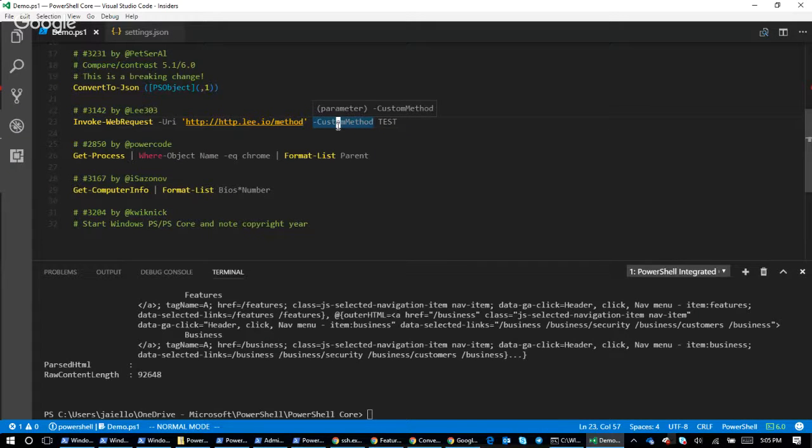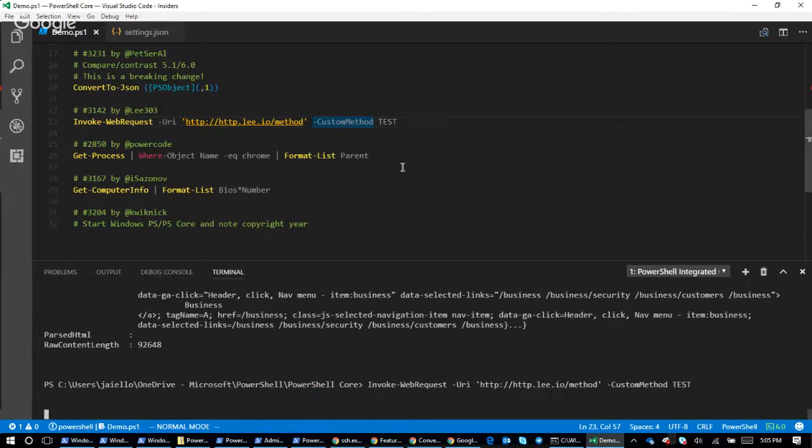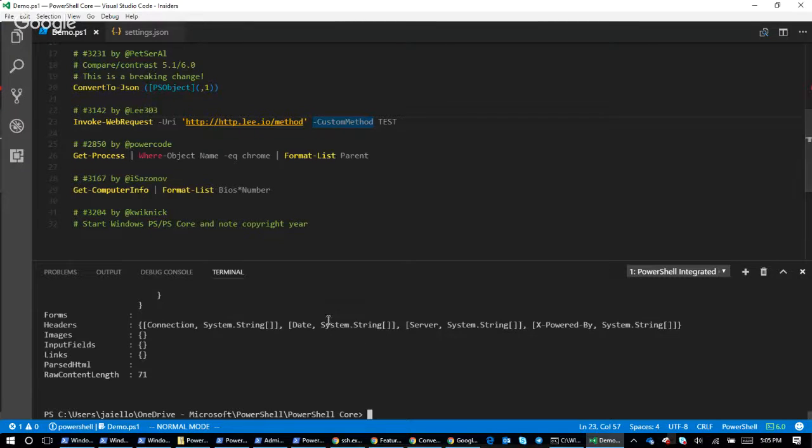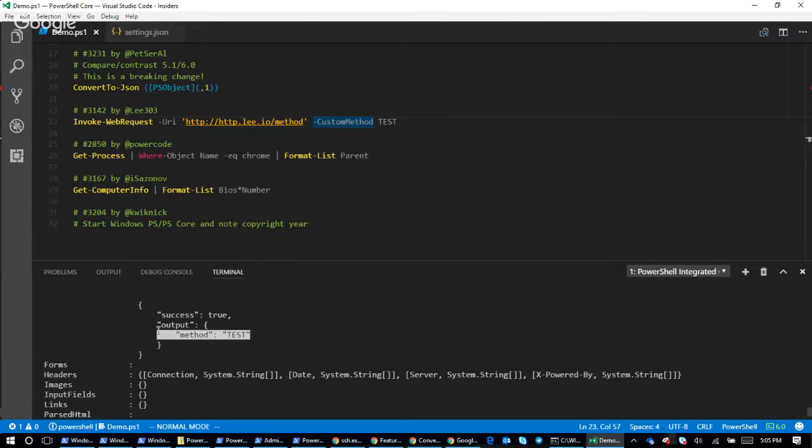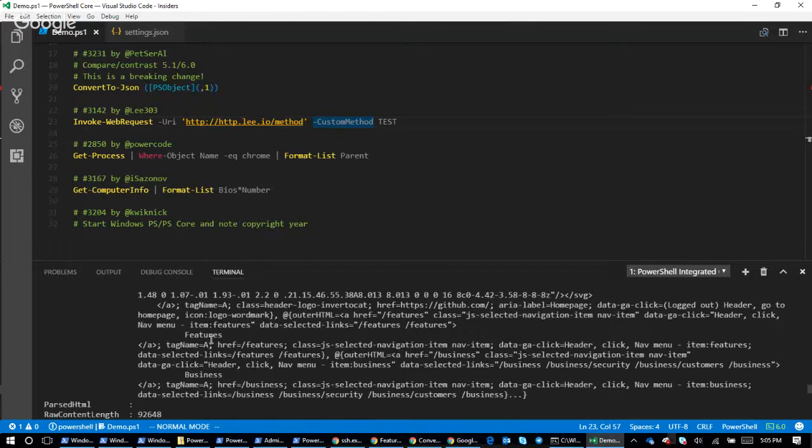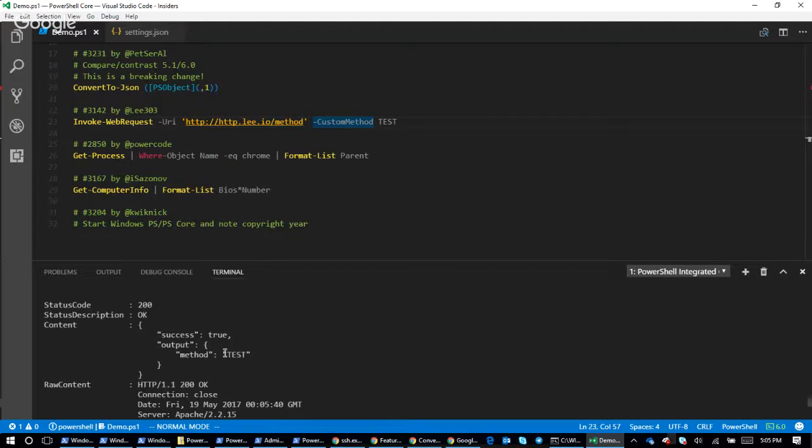That's totally fine. Like I said, JSON and Invoke-WebRequest and Invoke-RestMethod were huge. That was where we focused all of our efforts for the alphas and in getting to beta.1. I'll also show here, we implemented custom methods, so instead of a GET or a PUT or a POST, you can just do any method you want.